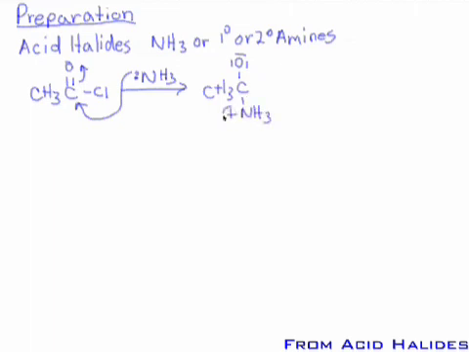Now the nitrogen's positive, minus on the oxygen. The pi bond to the carbonyl reforms. Chloride's a good leaving group. We kick the chloride out, minus Cl minus. And now we have